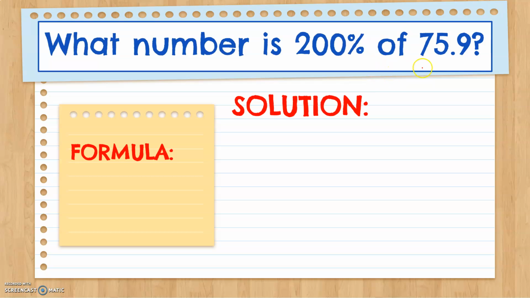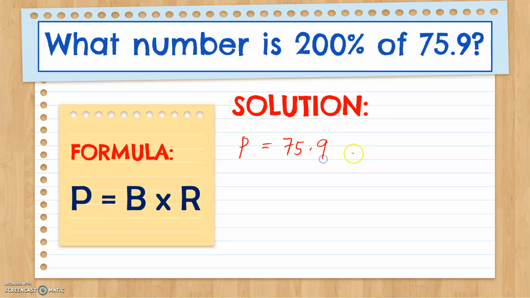What number is 200% of 75.9? Again, for us to solve for the percentage, this is what we will use. So percentage would be 75.9 times 200%. So let's change first 200% into a decimal number by removing the percent symbol and moving the decimal point of 200 twice to the left. The decimal point of 200 is here. When we move it twice to the left, that will give us 2. Now let's multiply that to 75.9, and that will give us